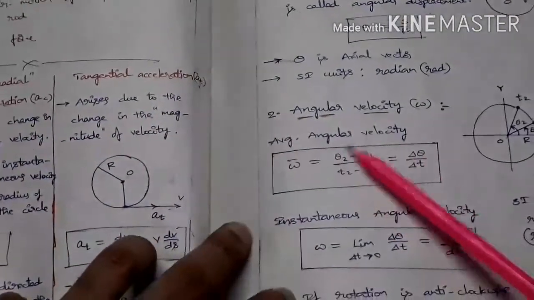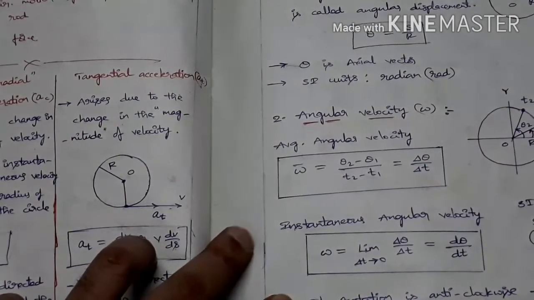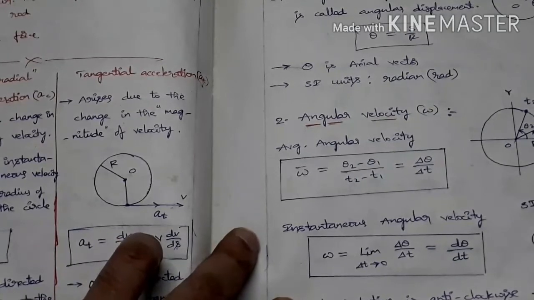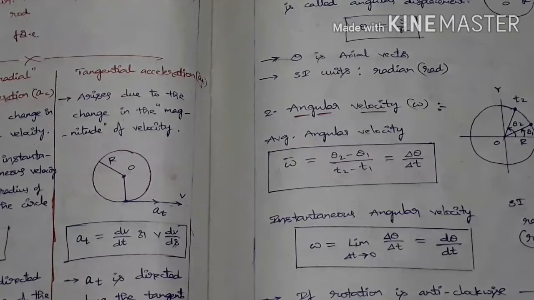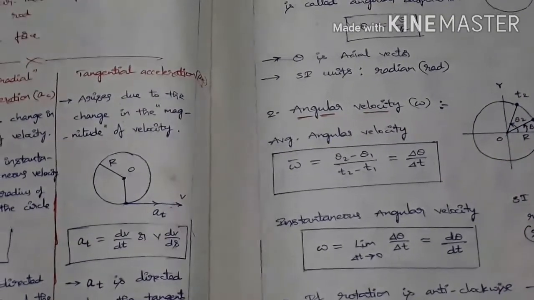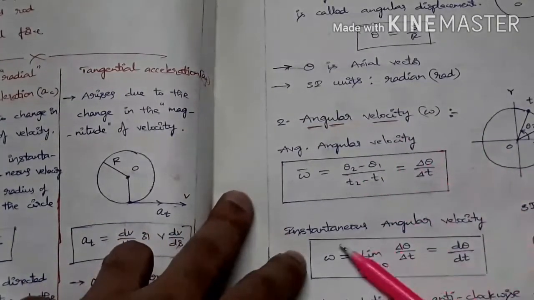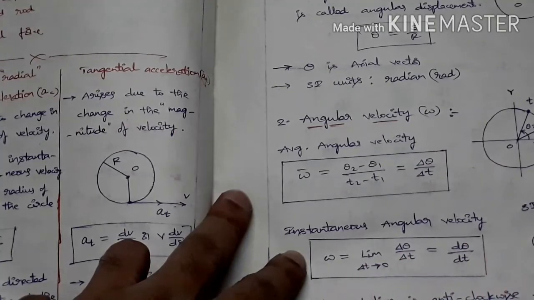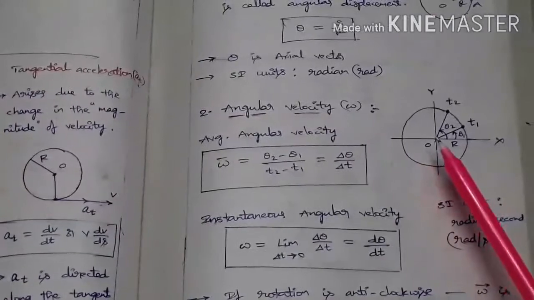Next one, angular velocity omega. So what is average angular velocity? Same as we have come across the linear kinematic variables in motion along a straight line. So removing that word linear, we have to just induce the word angular. That's the difference here. So what you have learned there, the same things you will be learning here. So angular velocity omega. Here average angular velocity, instantaneous angular velocity. See, at t1, the particle's angular position is given by theta 1. At t2, its angular position is given by theta 2.